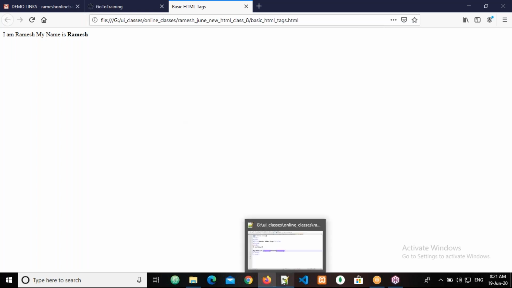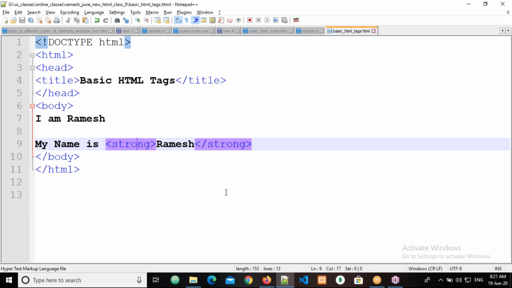In HTML we have two types of elements. We will discuss what inline elements are and what block elements are in the next classes. But we need to know how many types of elements we have: inline elements and block elements. We will discuss them clearly in the next classes. So inline elements will align automatically side by side. Block elements will align automatically one by one. That is what you need to remember. Since the strong tag belongs to inline elements, it is automatically aligning side by side. See here, side by side.